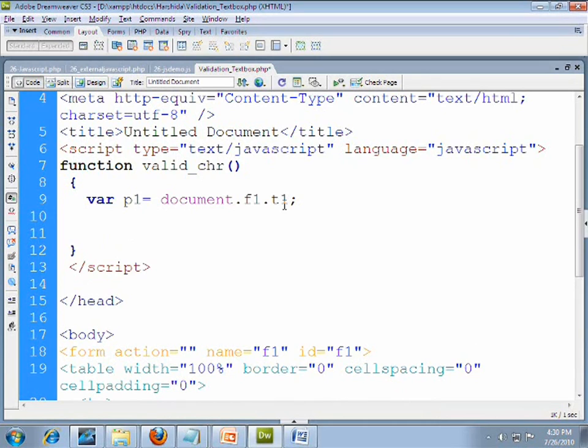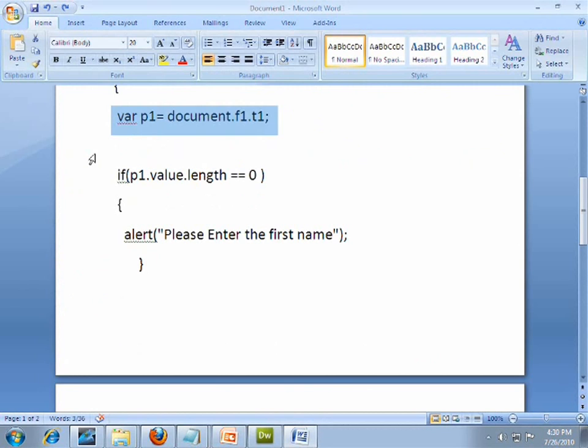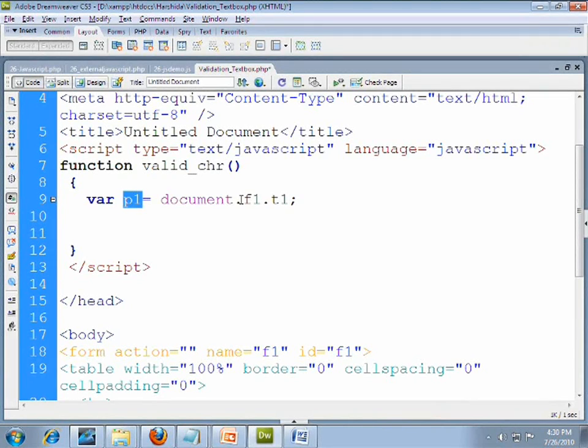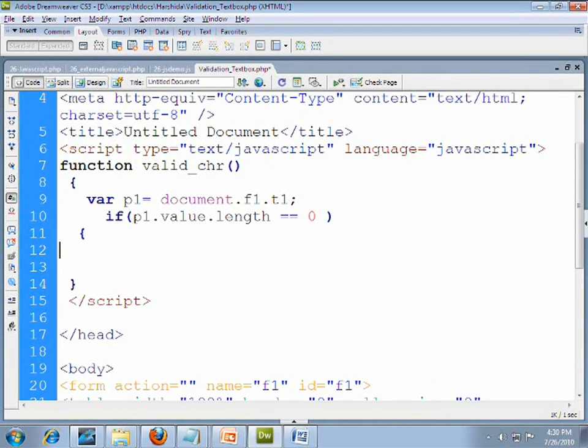Now we write some code for validation purposes. If p1 is null, then we want to generate our JavaScript alert message. So you just copy this code. Now I explain what exactly this code means. With this line, T1 will assign the value to p1, which allows me to access the value.